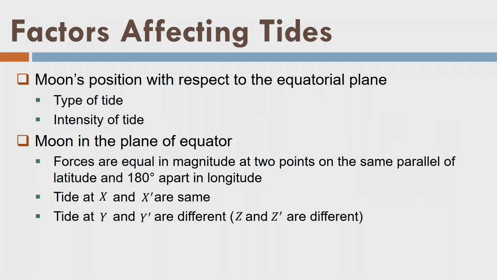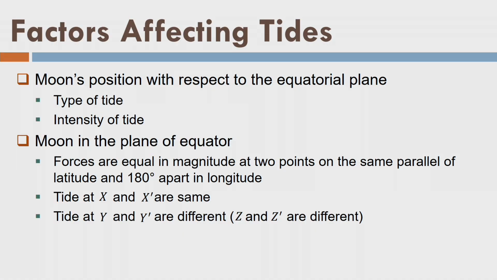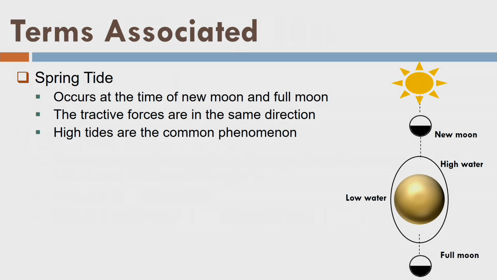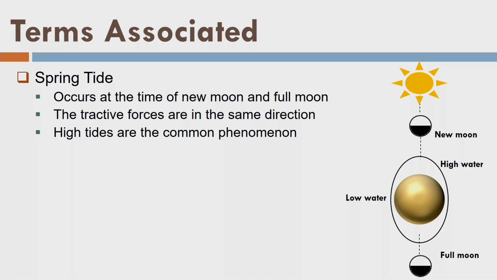Fine. Okay, so we'll see this now. So what are the factors that affect the tides? I have written on this slide, so you can read it yourself and you can confirm this from the previous slide. Fine. Now there are 2 terms associated here, that is the spring tide. Okay, we have seen that the moon and the sun both are exerting force on the surface of the earth, and the moon is more effective because of the distance and mass combination.